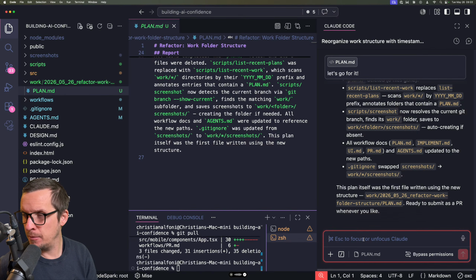So yeah, maybe for now it's enough to just point to that folder and describe that it holds information about the work. Yeah.